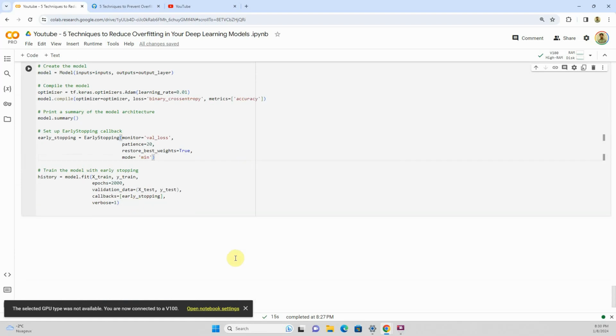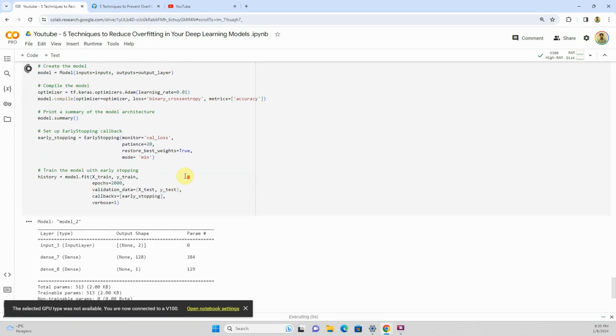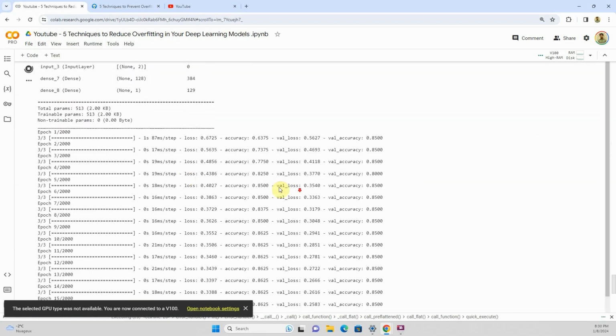So restore best weights does that. And in the fit method, you simply have to pass this callback to the callbacks attribute. So you have a callbacks attribute here, and you will pass your early stopping callback to the fit method. And now if you press shift and enter, you will see that, let's see,